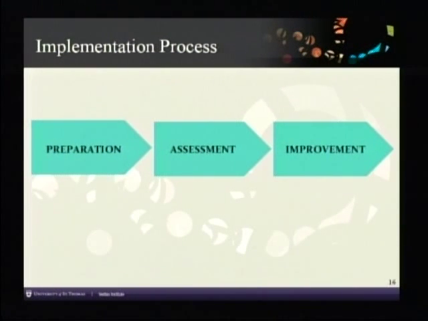Let's go back to the implementation process. The combined work of the 6 assessment teams yields a completed matrix. And we're going to take a look at a completed matrix here in a second. And that completed matrix, together with other, more qualitative information that comes out of the assessment teams, helps the organization to identify relative areas of strength, as well as areas where additional work is needed,